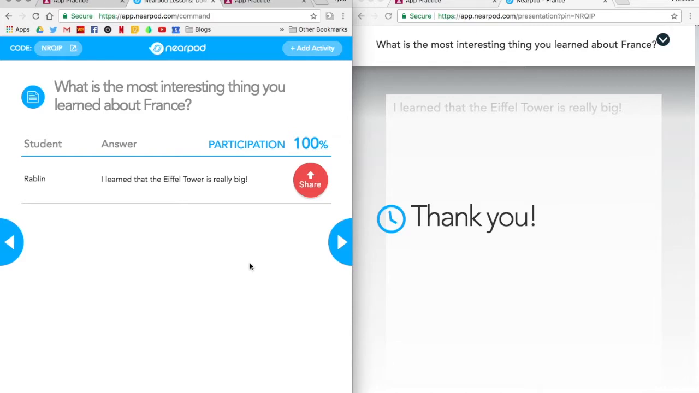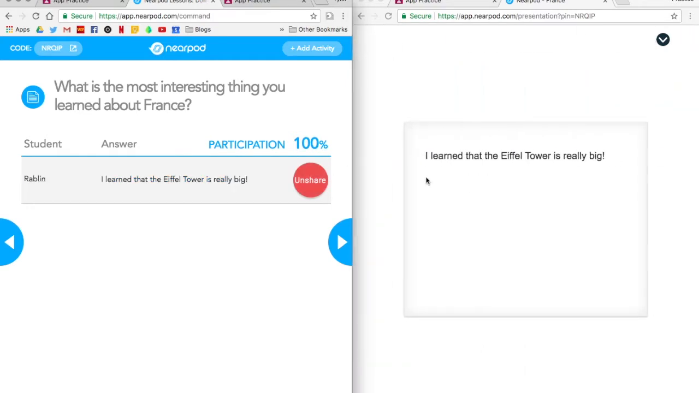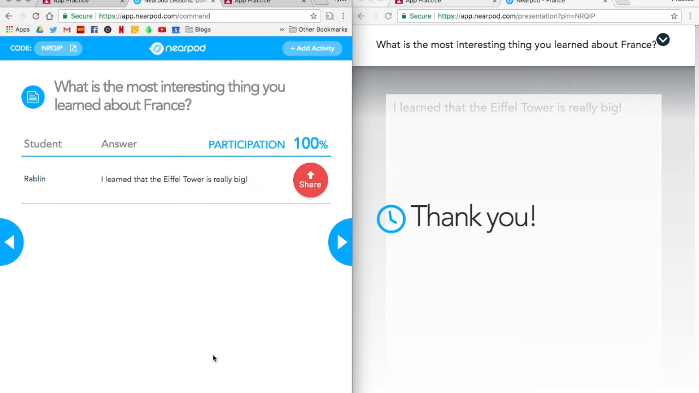share out responses anonymously. So say someone has a really strong answer, I'm going to click this share button, and you'll notice on the student screen that answer pops up. So if you have an exemplar that you want to share out with students or a really good answer, click that button. It'll show up on the student screen. When you click unshare, it will go away. You can select a few different ones and share them out so students can see it, and then you'll want